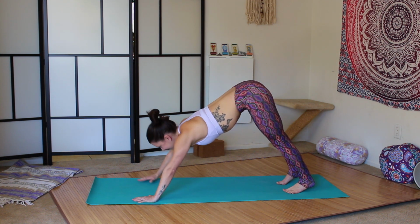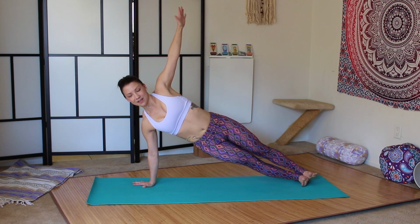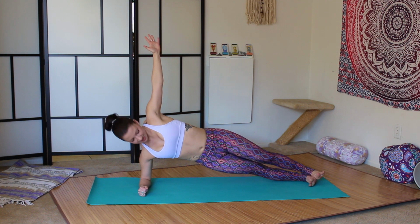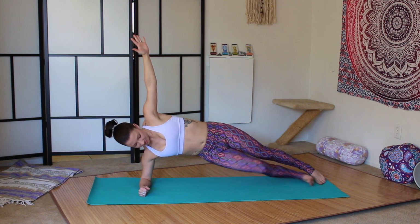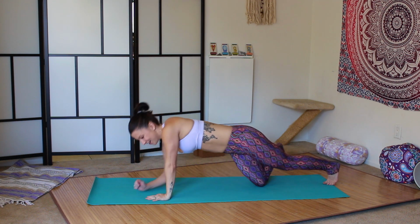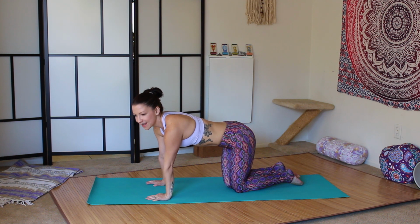Okay, and then the third is side plank. Hold for 40 seconds. You can do this from your forearm. You can also stabilize with your top leg or your bottom leg, yogi's choice. Then forearm hold on the other side, and finally we'll do a new